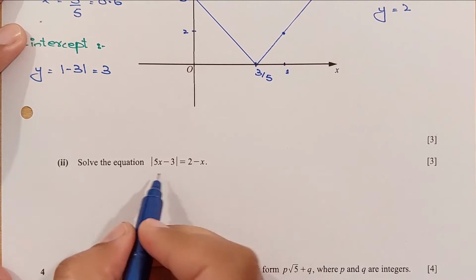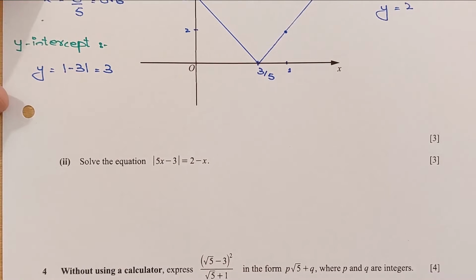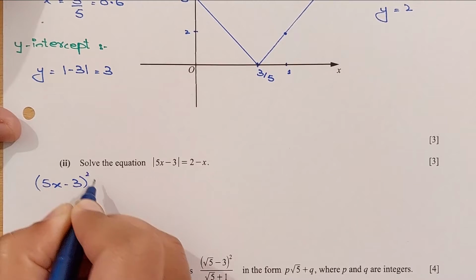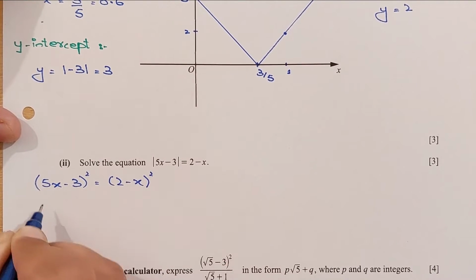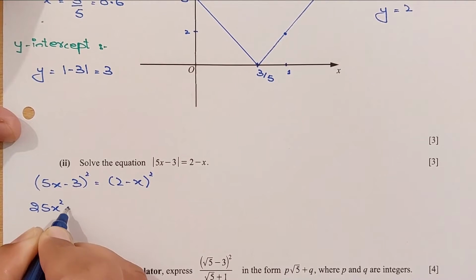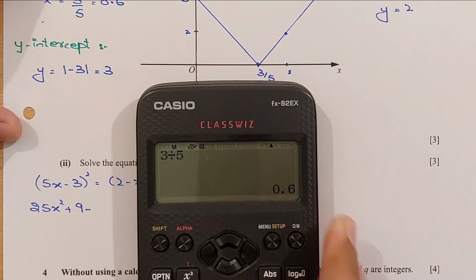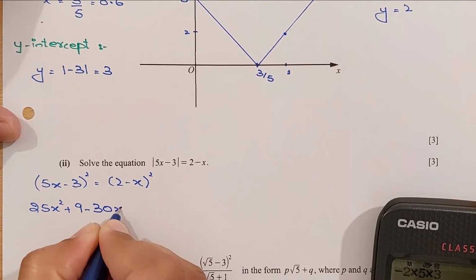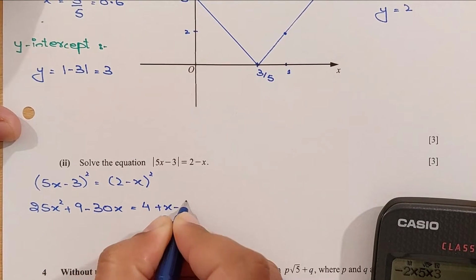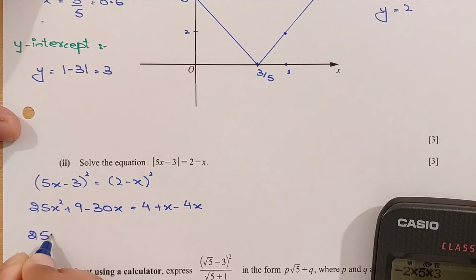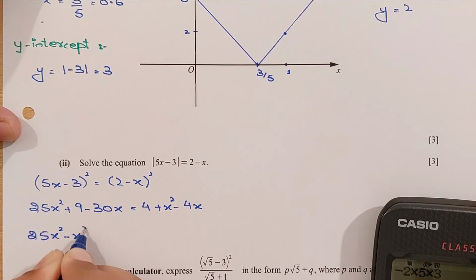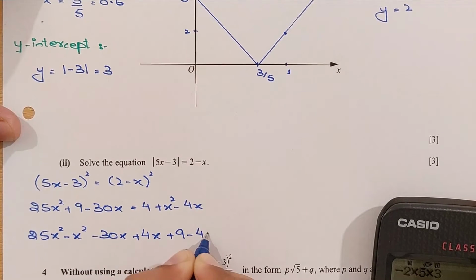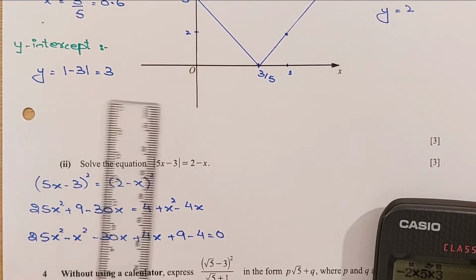Okay. So let me take the square on both sides. So squaring on both sides, (5x minus 3) whole square equals (2 minus x) whole square. 25x square plus 9 minus 2ab, so minus 2 times 5 times 3, 30x, equals 2 square is 4, x square minus 4x. So 25x square minus x square, minus 30x plus 4x, plus 9 minus 4, equals 0, right? So by further simplification,